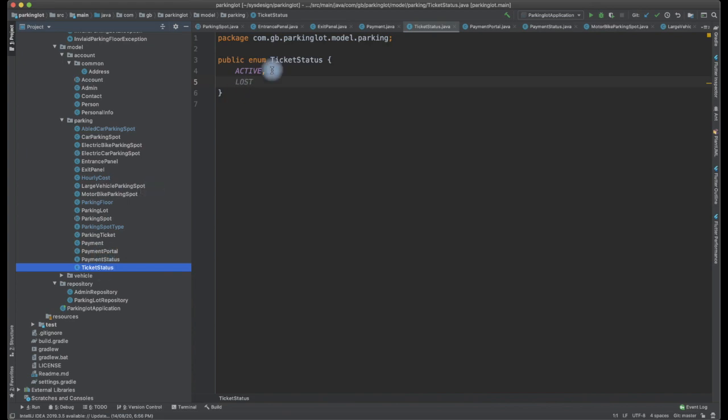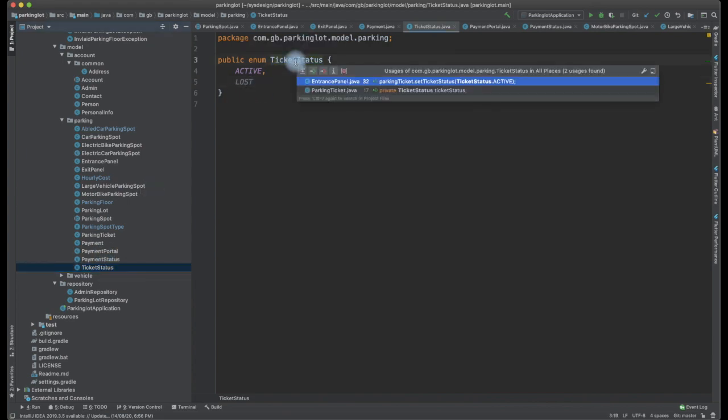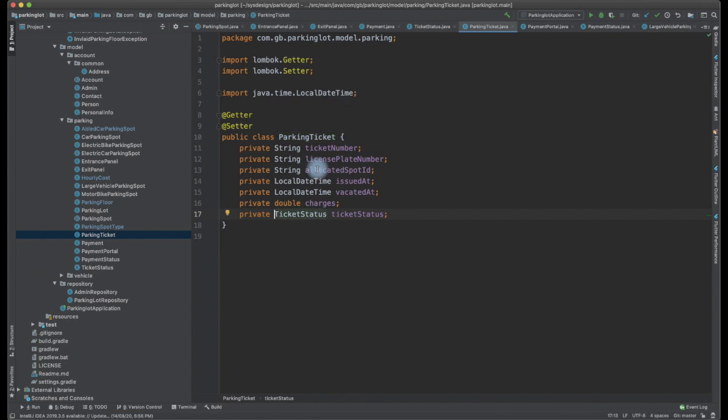We need to have a parking ticket. So let us find the ticket status where it is used. We have to model the parking ticket. For a person who comes in via the entry panel, they will get a parking ticket. That is also told in the requirement. A parking ticket will have a parking ticket number, and it should also have a license plate number, because the ticket is issued for a specific vehicle. If somebody has lost the ticket, others should not be able to take the printed ticket and gain entry, as that would bring in leaks and enable people to steal or something of that sort.